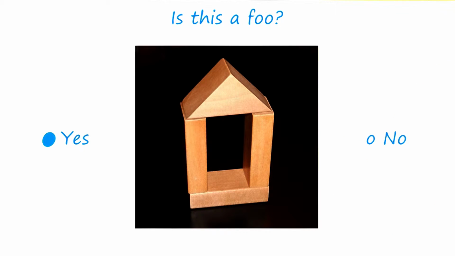So what I'm going to say is that we can have any kind of block on top as well, and therefore, because the wedge is a kind of block, I say that this still is a foo, but I could be wrong. So to give this answer, David again used his background knowledge. Someone else in the class might say that, well, he does not think that this particular wedge here is the same kind of block as the brick, and therefore this is not an example of foo.